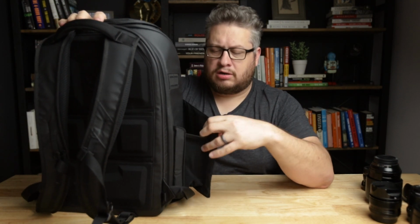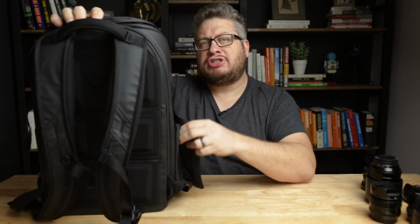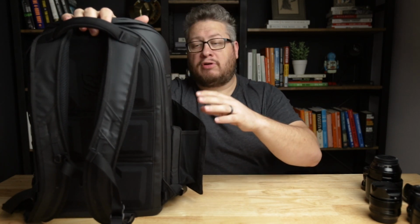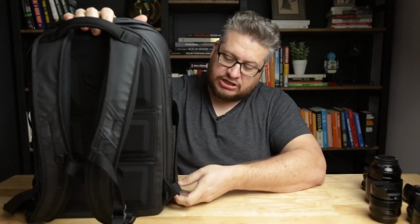These things are gigantic. These water bottle pockets are humongous. And they have this stretch material, but as I demonstrated in my first impressions video, these are too big. These are really too big, except for if you have a gigantic water bottle. If you have anything smaller, stuff can kind of fall out of it. And yeah, it latches, but